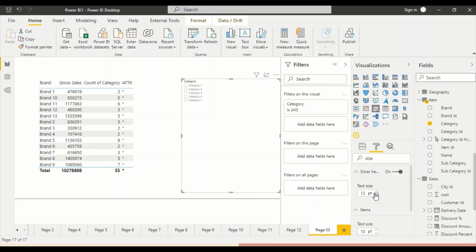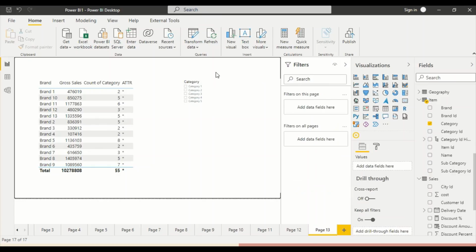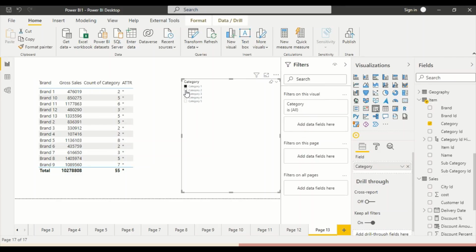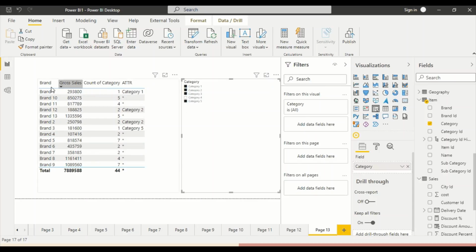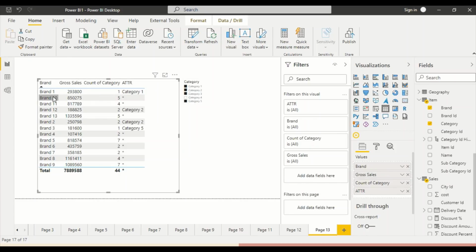Do increase, but I think 12 is not sufficient for us here. Okay, so now let's select everything, and with control we have to do in Power BI, and you start seeing that you saw now this is, and let me sort on the brand so that you see brand 1, 12, 2 and 3, and this is